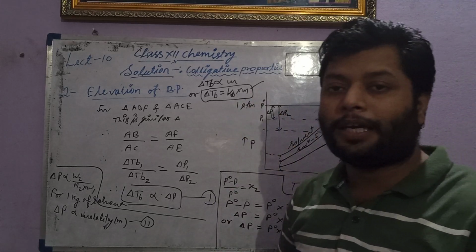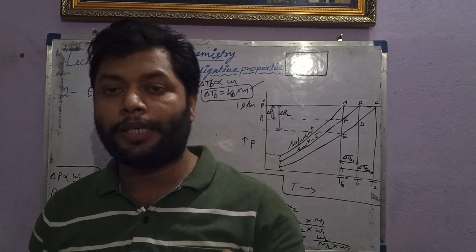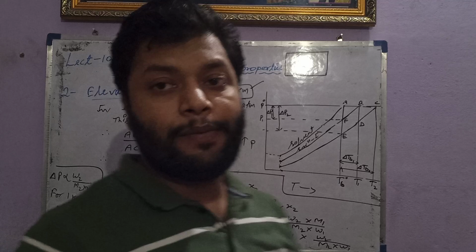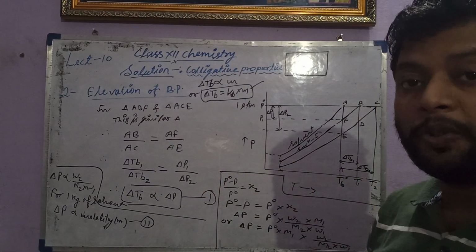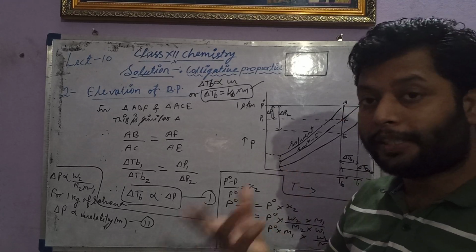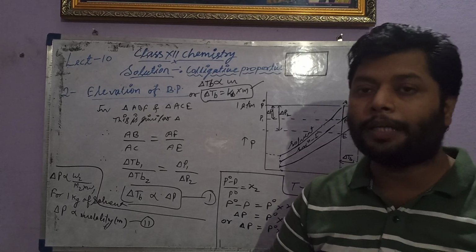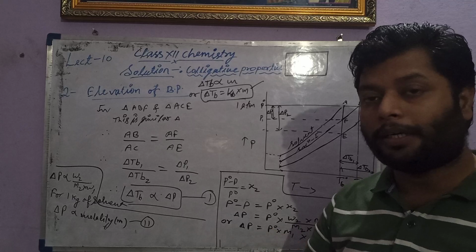The next lecture will be based on some other colligative properties. Two colligative properties remain, and we'll discuss those also. Try to learn this whole derivation, because it is very important and is not given in the book. So you have to be very careful with this derivation, on how I get the formula for elevation of boiling point. Try to solve some other numericals based on that concept. We'll try to solve them too.